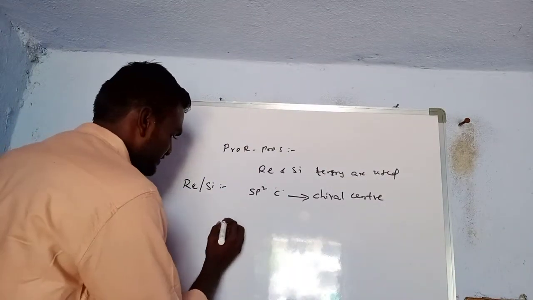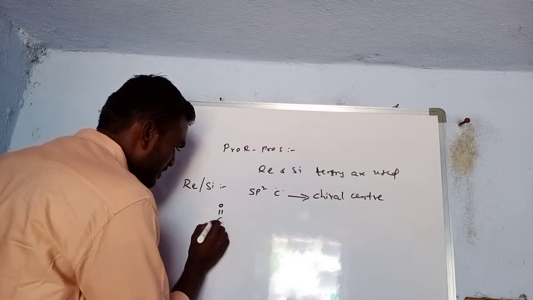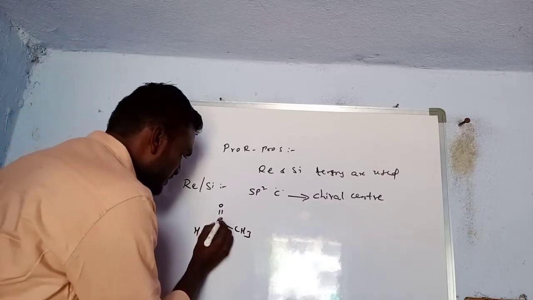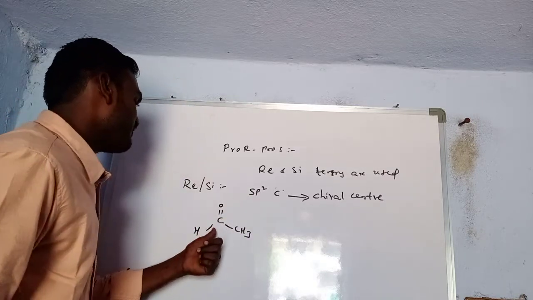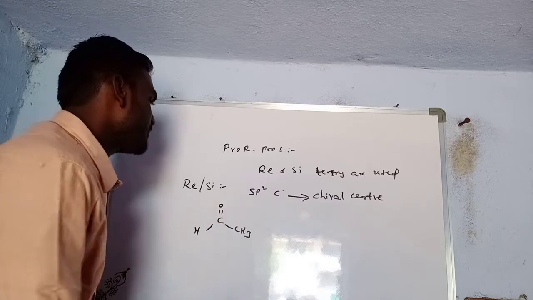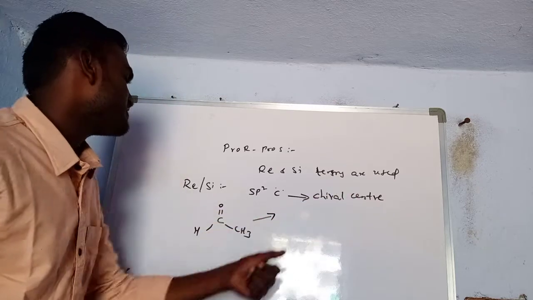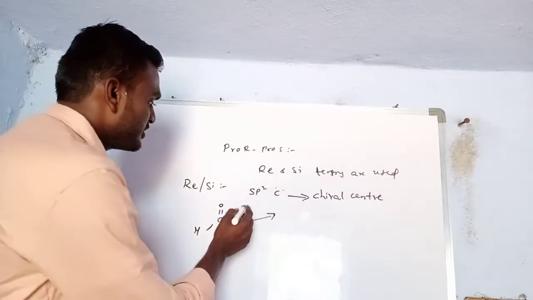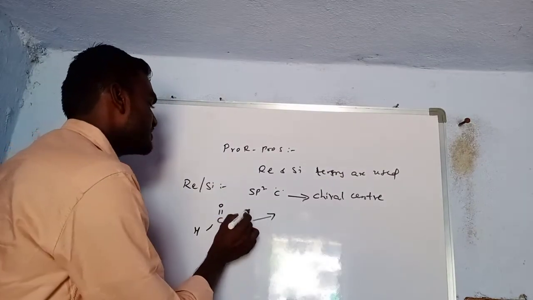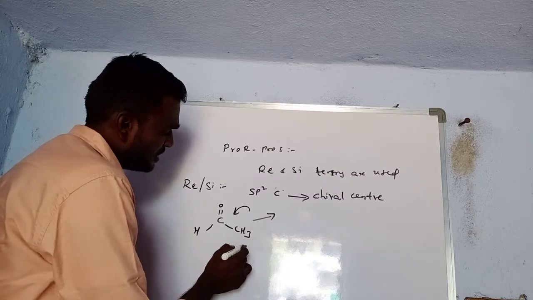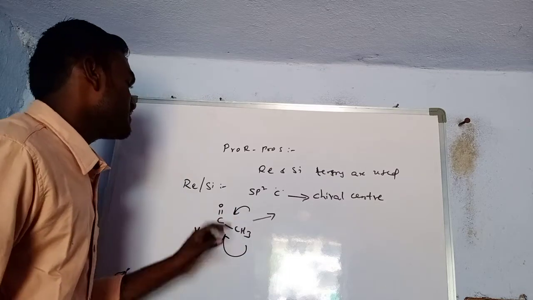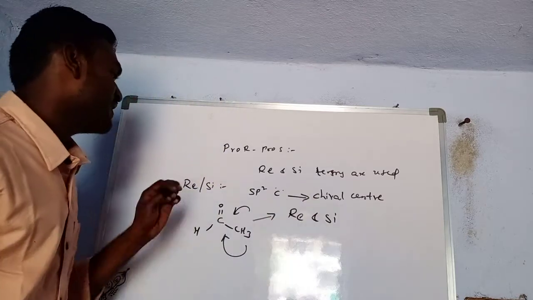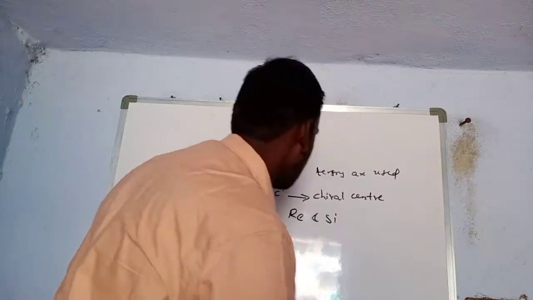Let's see an example. This is a carbonyl compound, acetaldehyde. See here, this carbon is the sp2 carbon. Whenever the trigonal planar sp2 carbon is converted to a chiral center by addition of substituents on either side, there are two possibilities: the front side attack or the back side attack. For either side, it will give the Re and Si faces. Let's see how we can assign them.